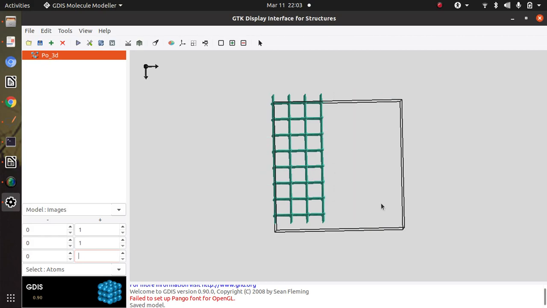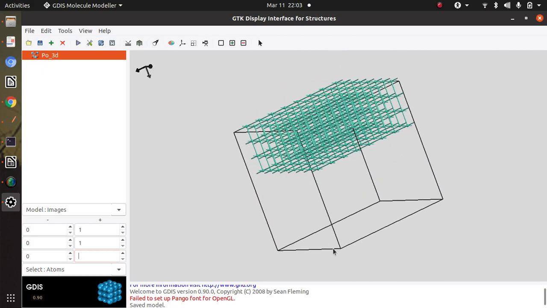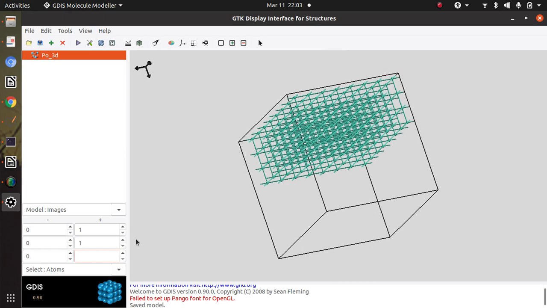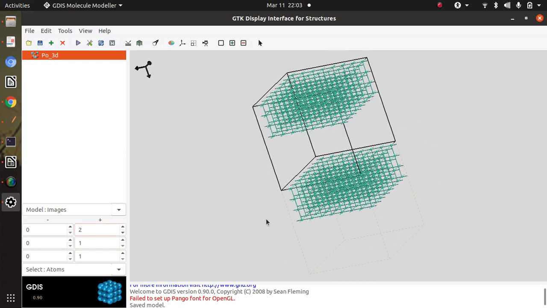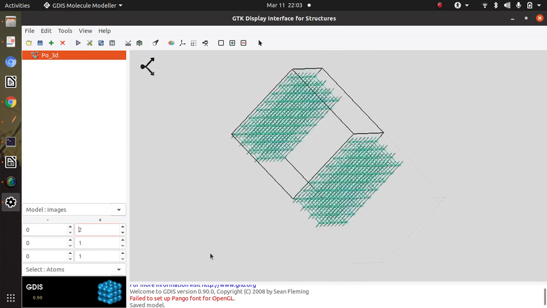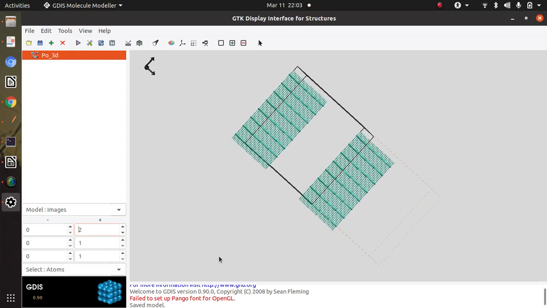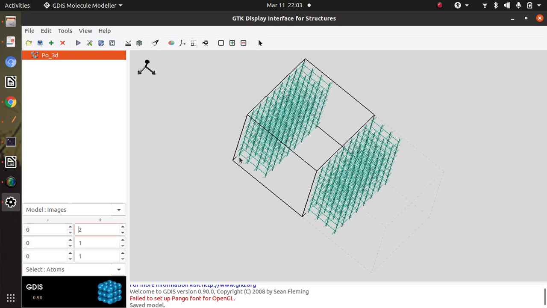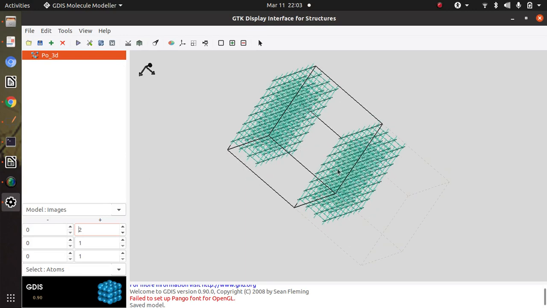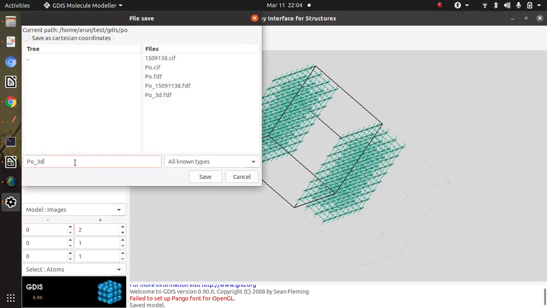If you select this and repeat it in one direction, it will behave as a slab of 4 layers, because there is sufficient vacuum around these layers. So this will act as a two-dimensional sheet now. I can save it as 2d.fdf.